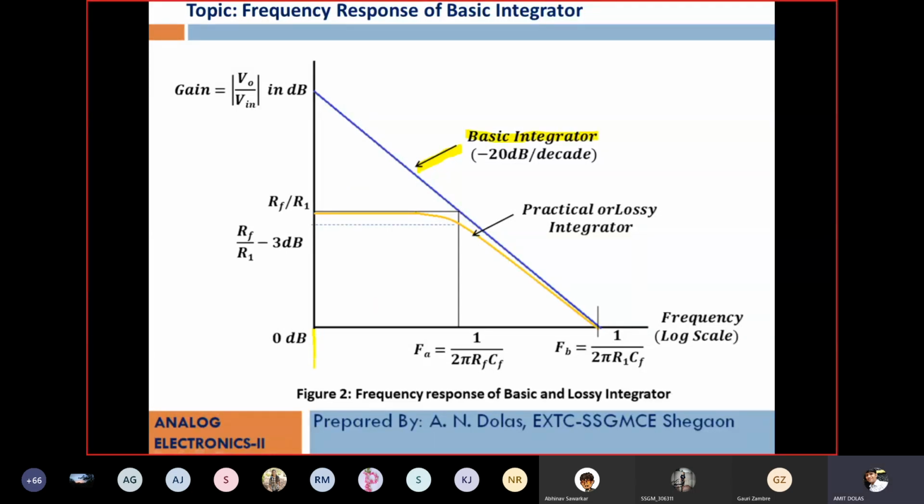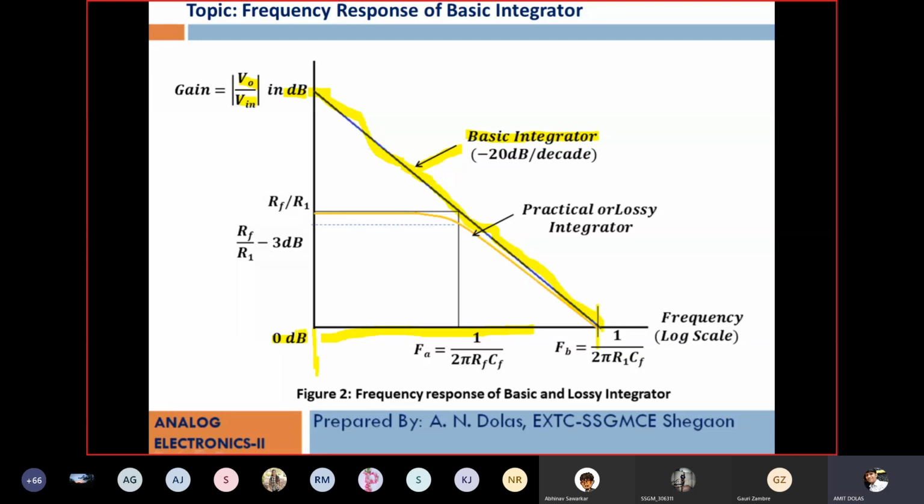Here is the zero frequency. Zero frequency means DC. For that, gain is very high because ZF is very high. The capacitor behaves like an open circuit, so ZF by Z1 will be very high. So it will be the highest gain in the circuit, measured in dB. Then, as we increase the frequency, gain decreases. You can see we are talking about the basic integrator, you do not have to look at the other graph. Gain decreases, and there will be one frequency where gain becomes 0 dB.